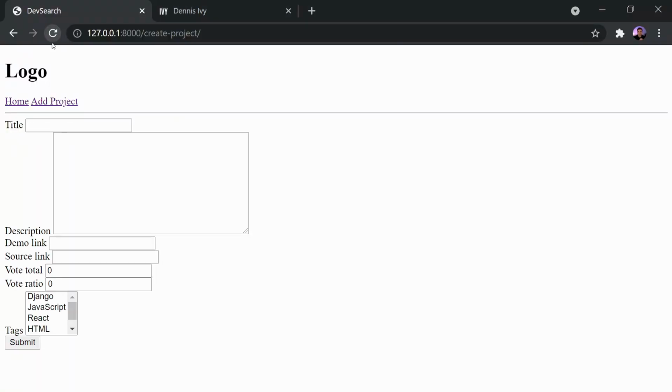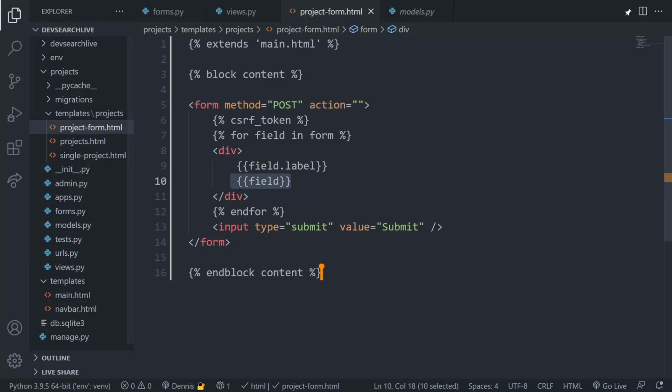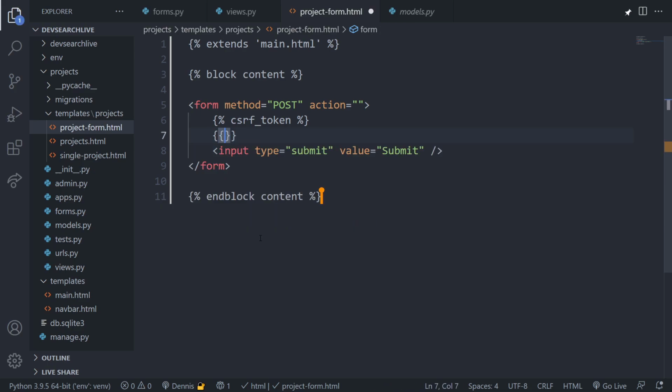So if I refresh that, look at that. We're outputting each field here in that loop. The last thing I want to show you here, we're going to use this method a lot later, but I want to show you the simple way of styling this, which is going to be simply to access the form. And we can also do